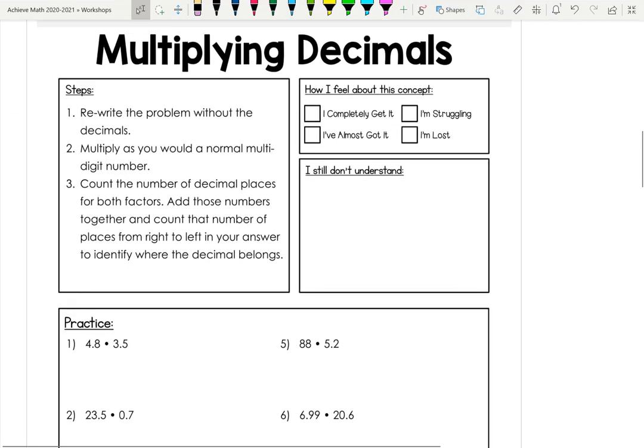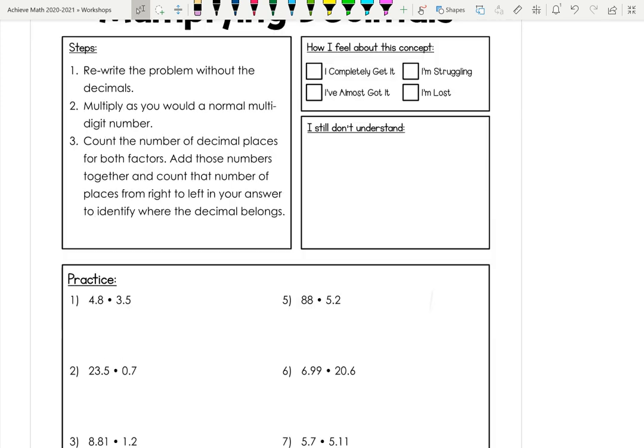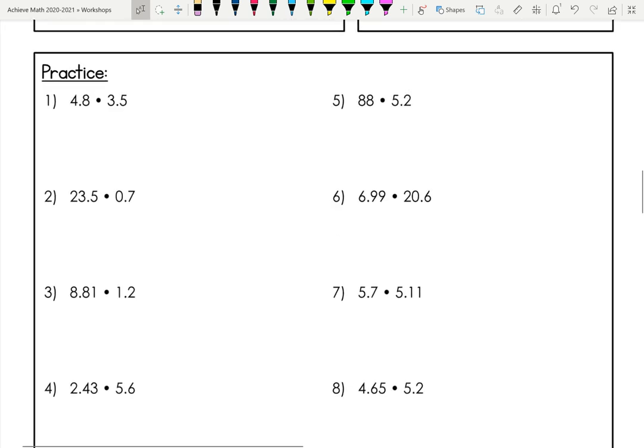Alright, so the idea behind multiplying decimals without a calculator is to rewrite the problems and not freak out, just kind of pretend that there are no decimals. We'll handle it later. You're just going to multiply as if it was a normal multi-digit number. So in number 1, for 4.8, I'm going to simply write 48. I'm going to multiply it by 35, and I'm going to use two colors to help illustrate what numbers come